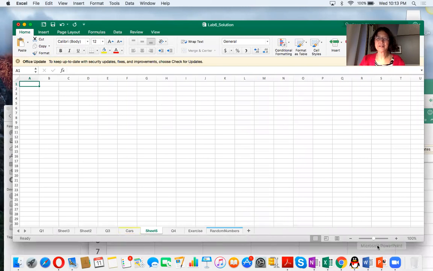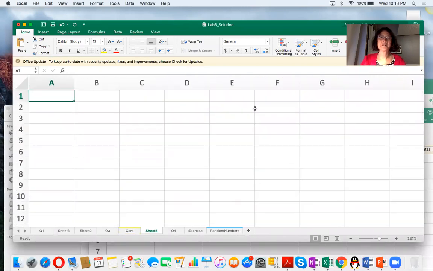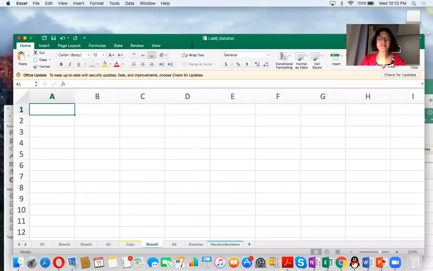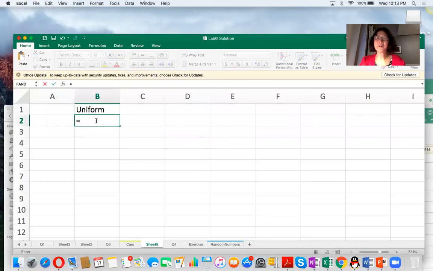I'll open a new blank Excel file. So we are going to generate uniform distribution random numbers. So click cell B1, type in uniform, and then go to B2. Suppose the uniform distribution has a maximum 70 and a minimum 10. So the formula for uniform distribution is RAND(), the random number, multiplied by maximum number minus minimum number, plus minimum number, and then